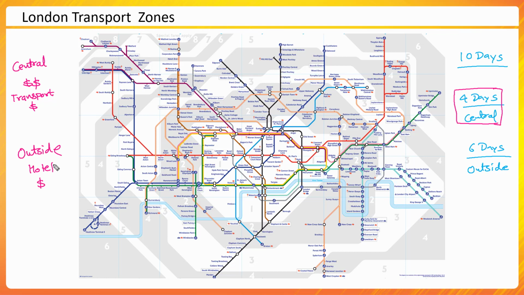But if you stay outside, let's say you started staying in zone 5 and now for whatever reason you have to keep on coming to central London again and again, then you would end up paying a lot of money in your transport cost. So you have to find a balance based on your use case. Do you have to visit central London again and again, or do you need to visit cities outside London? So decide on that. This is one idea where based on my requirement I am either paying more cost for storage